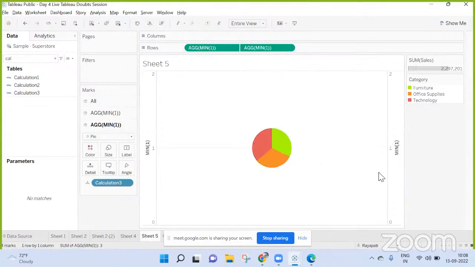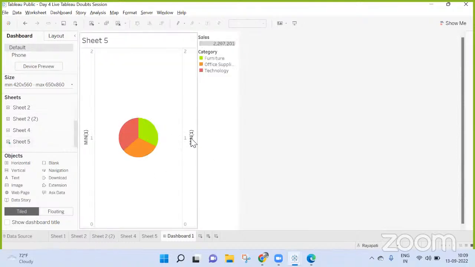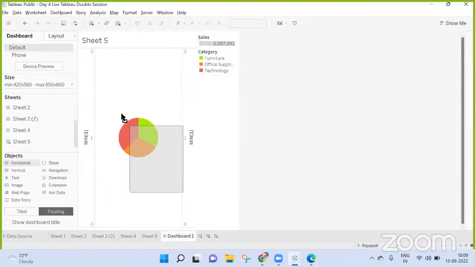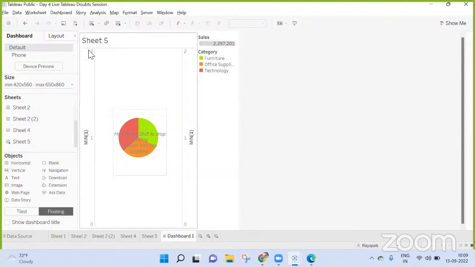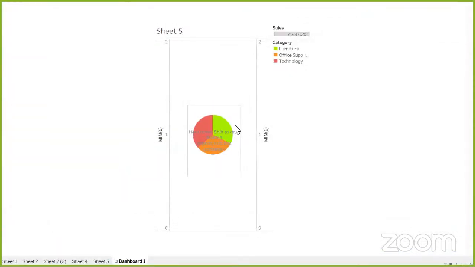The other thing that you can do, if you don't want this highlighting, one standard way people do is, I'm bringing this sheet file in here. Now, if you don't want this highlighting to happen, generally they will take a container. I'm taking a floating container and dragging it on here. Then I'm going into layout. This container has no background color or anything. Now, if I go into my presentation mode,